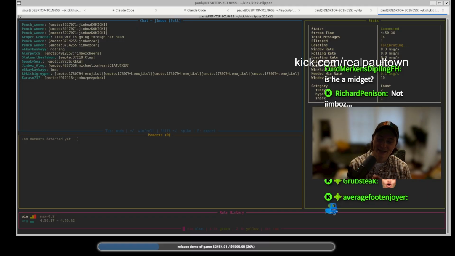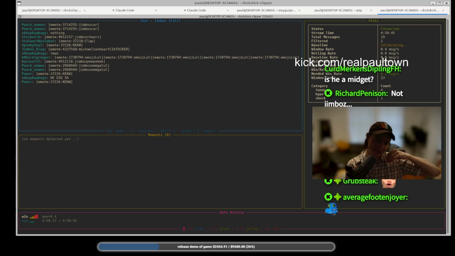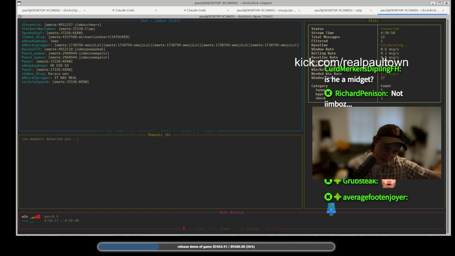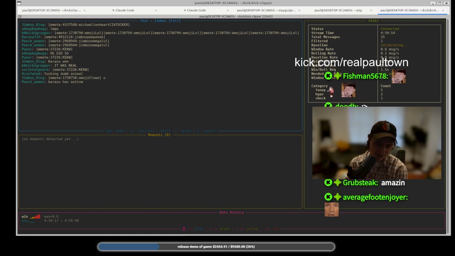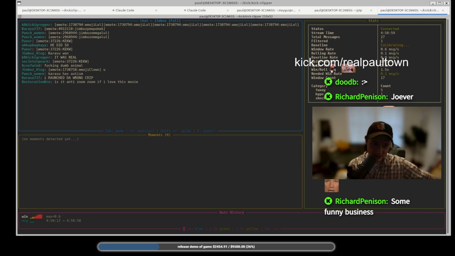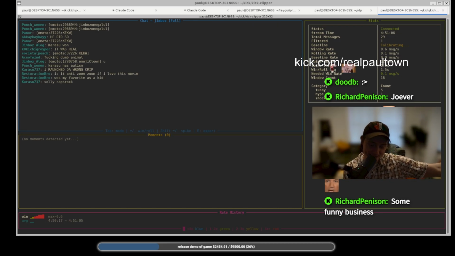Then once the chat spikes over a certain rate, it will say, okay, there's something funny that just happened or something worth clipping. And then it'll set a timestamp, feed that to a Clipper account, right? And then it'll monitor the chat, and once it falls under a rolling average, it'll say, all right, the clip has ended.